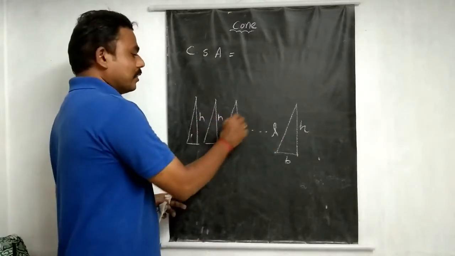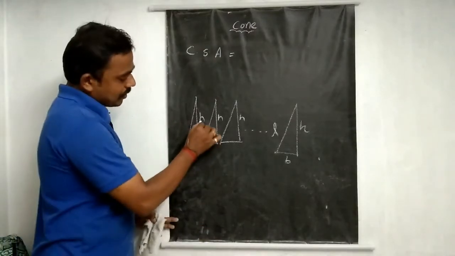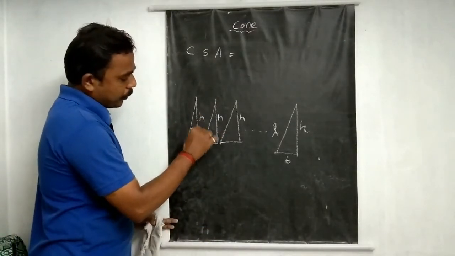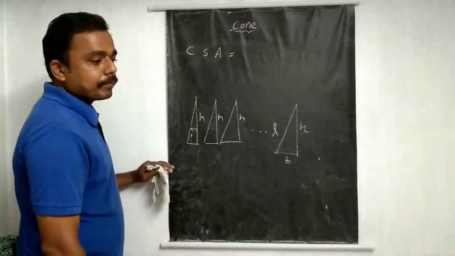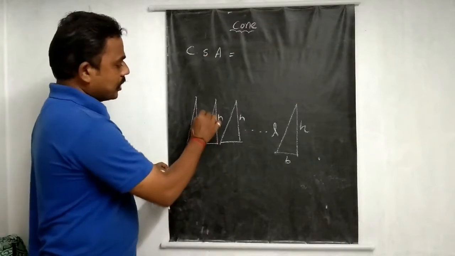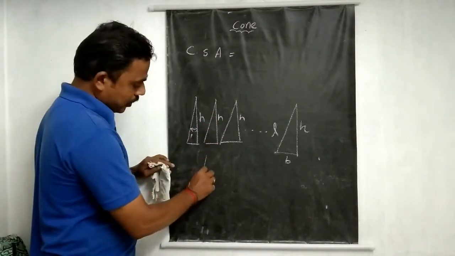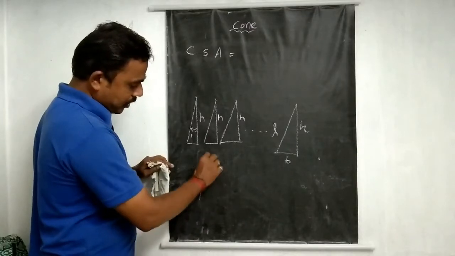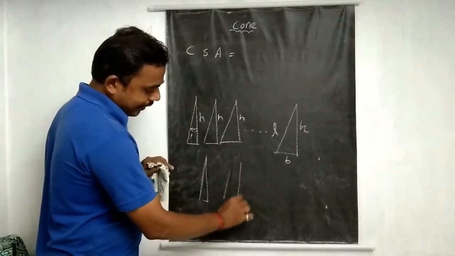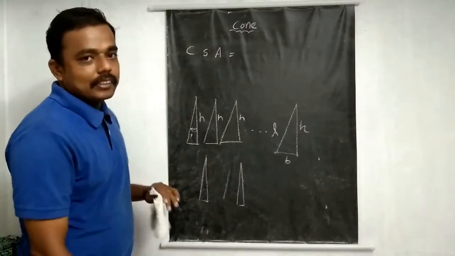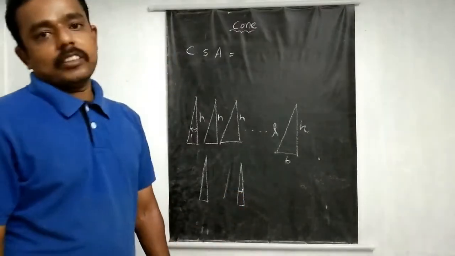So here the heights are equal. Now just consider this is also a very small one. A very small one just looks like the slant height. This is very slight, and this is also. By looking at that, it's not a slant height; it's going to form a height. It's going to form a perpendicular line. So I am going to make such pieces.